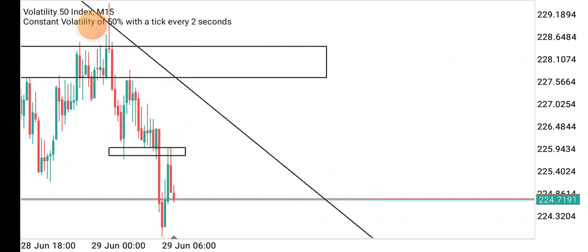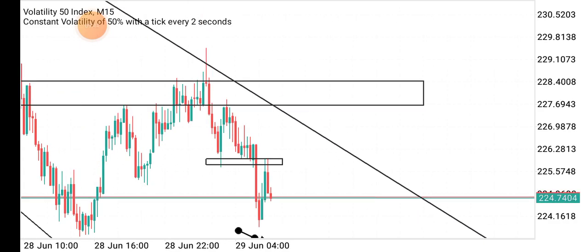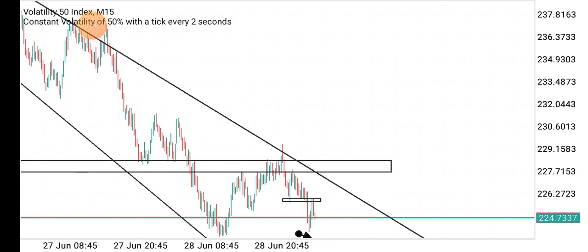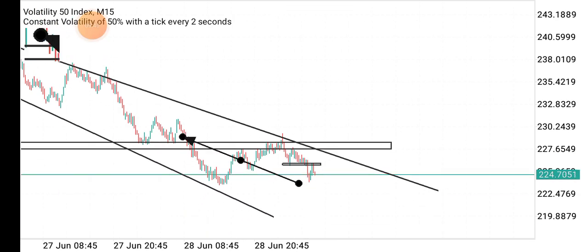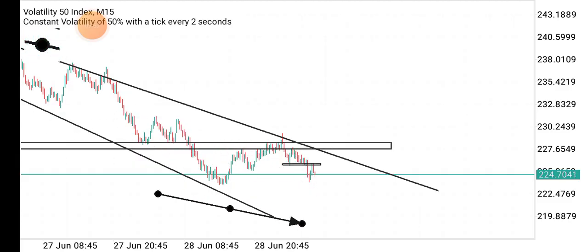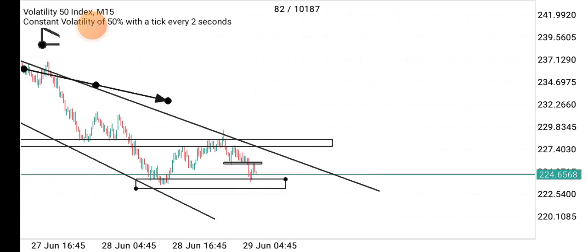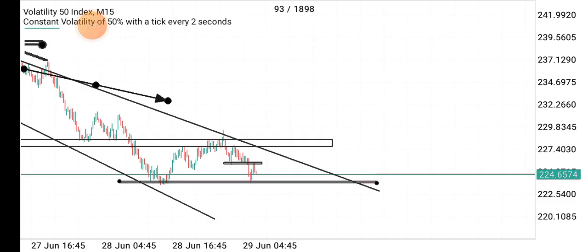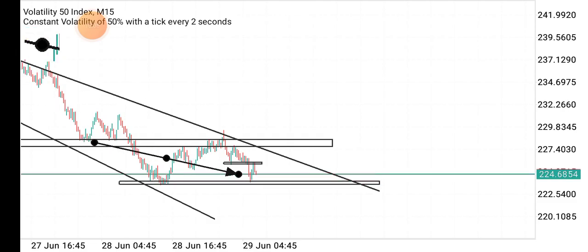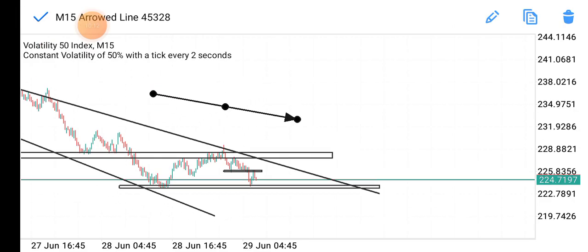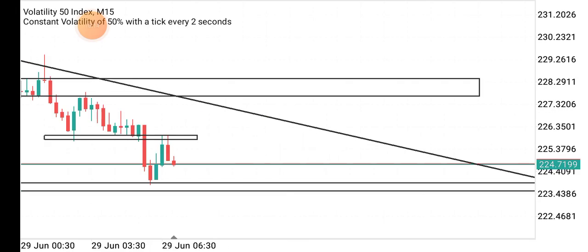If you can mark your resistance and support, and you also have to look at your market structure, see what the market is actually doing. You can see the market is in a kind of channel right now. So there's a chance it can be selling down to this trend line. If it can go below this particular support right here, we expect the market to sell massively to the downside, maybe target this particular supportive trend line. All right, so that is how I was able to get a setup that gave me about $70